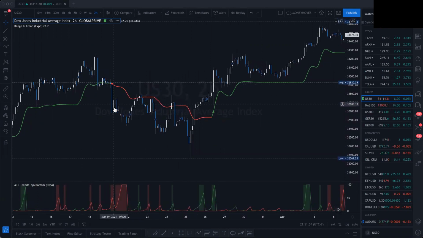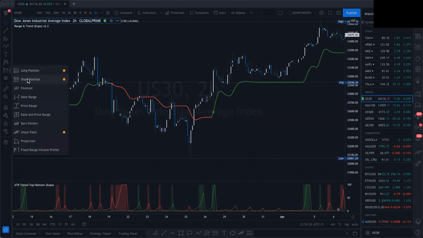We had this push to the downside here, right? So if you didn't catch this initial move, while our moving average is red, we get this impulse, which is this green right here, and this is where you enter on the following candle. Boom, short position,